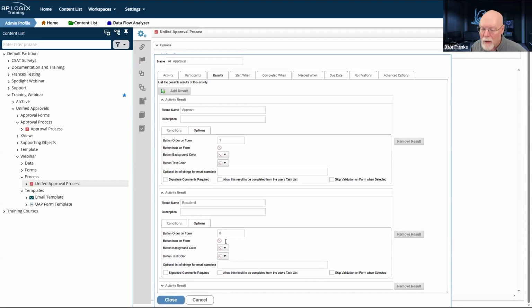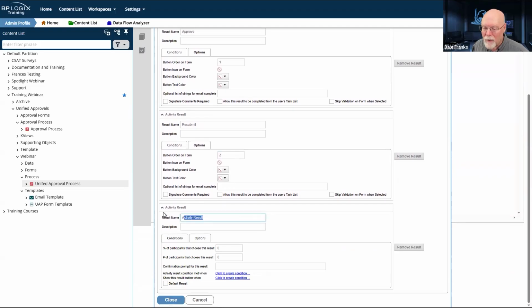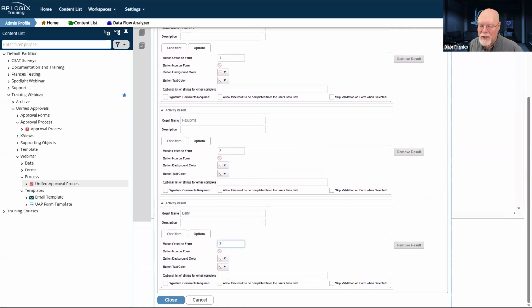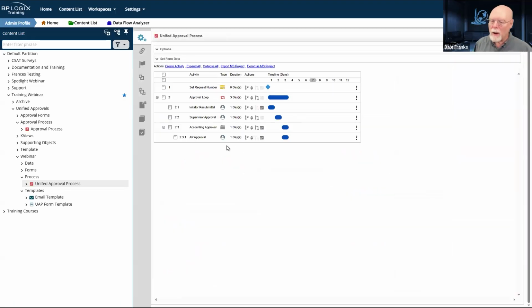Resubmit, we'll set that as 2. And then we have our deny, which we will set as button 3 on the form. And I'm setting those button orders so that I always have the same button order on the form as we've talked about before. All right, there's my AP approval. Now, it's only going to run under those particular conditions.